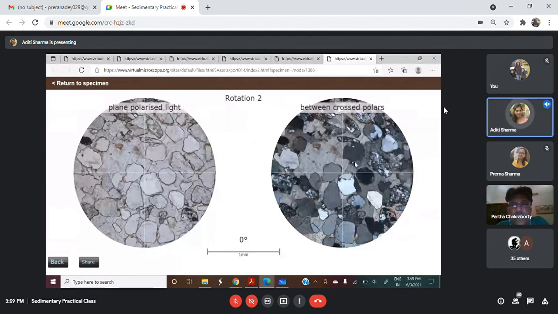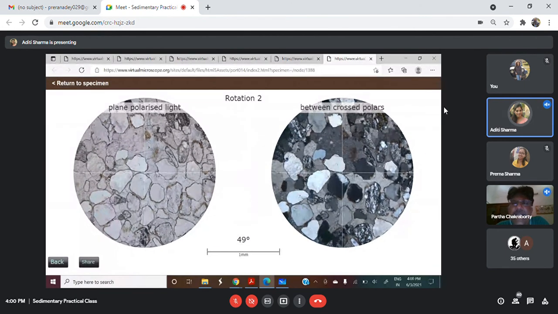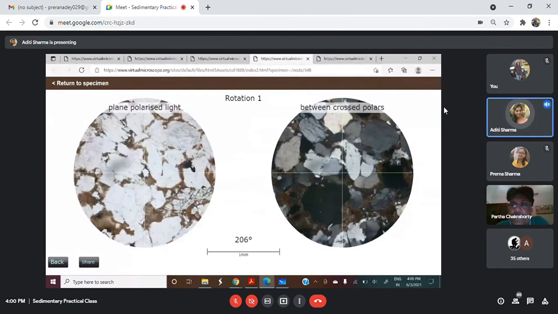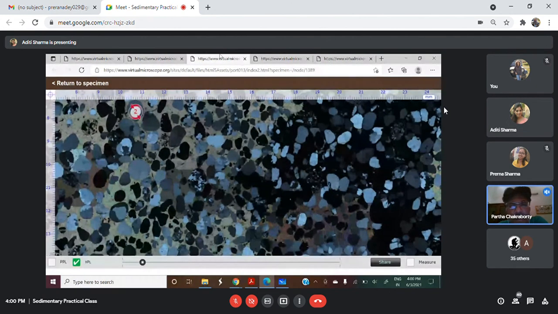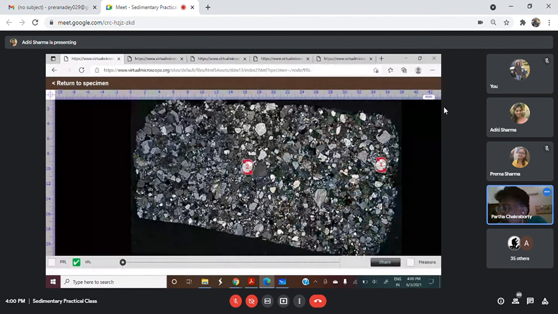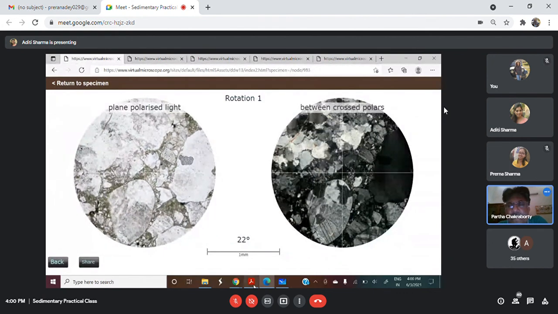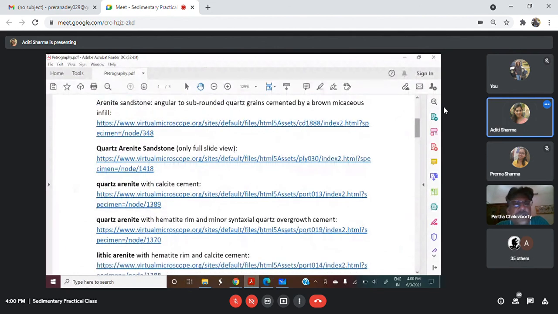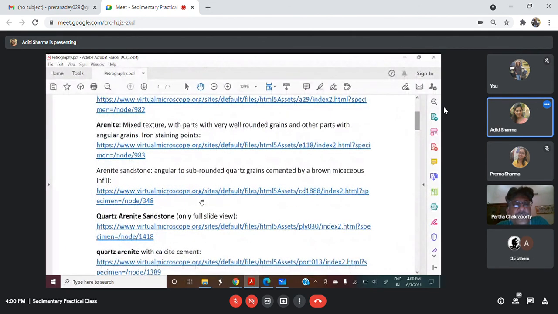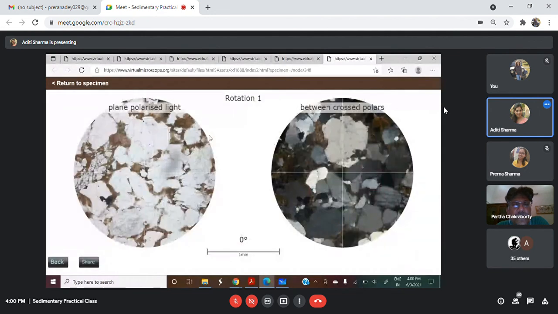Oh, this is not quartzarenite. These are more of lithic fragments. No, today we will not show lithic. Okay, sir, only quartzarenite. We'll show the quartzarenite and give an exercise on quartzarenite. This is not it, this is not it, all these are not. Okay, we have explained this, not 3, 4.